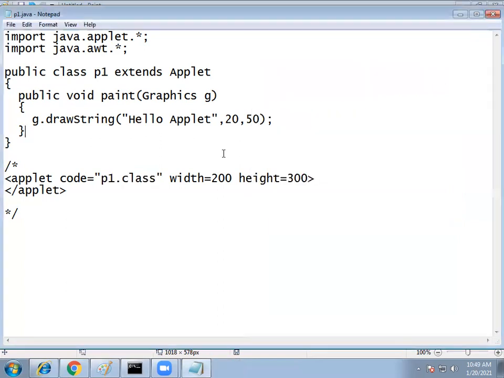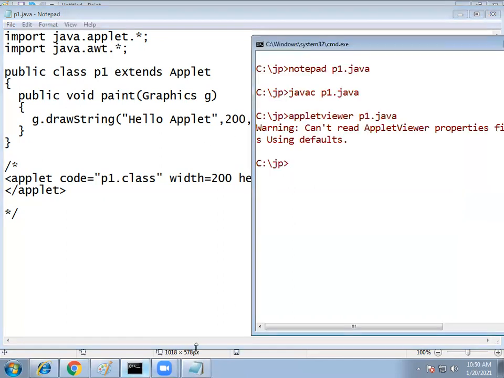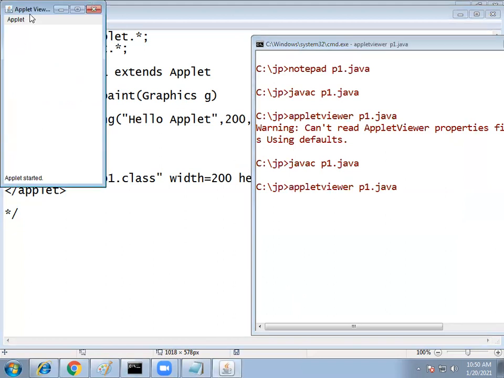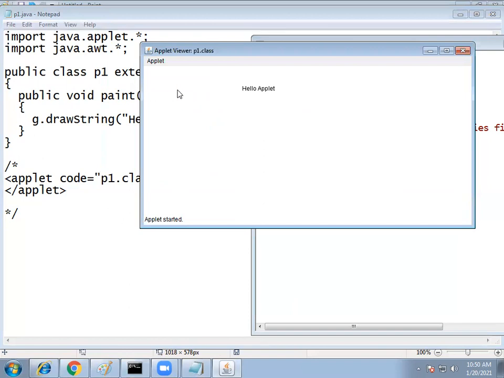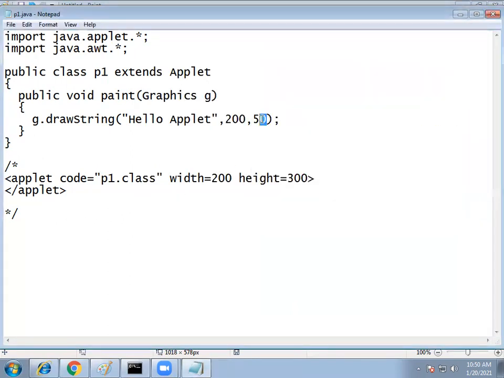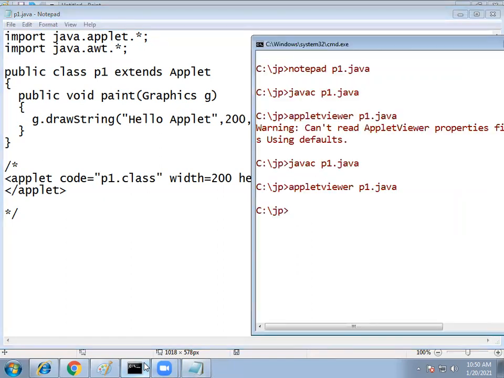Now suppose I change these coordinates to 200, 50. 200 means in the x direction 200, y direction 50. Let us check once again what happens. See here, this is the x coordinate in the x direction, 200, and y direction, 50. Similarly, suppose x direction 200 and y direction 200.